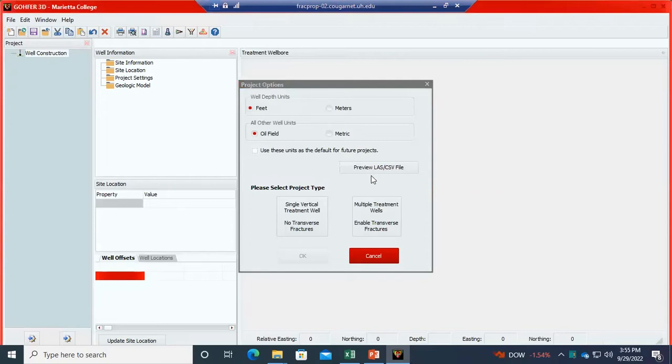What is the type of the oil field data, the oil field units that you need to use in your project, metric or oil field units. Also, if you have multiple stages, multiple treatment wells, like multiple fracturing, horizontal fracturing, you can select the multiple treatment wells. But if your case is a single vertical treatment well with no transverse fracturing, you can select